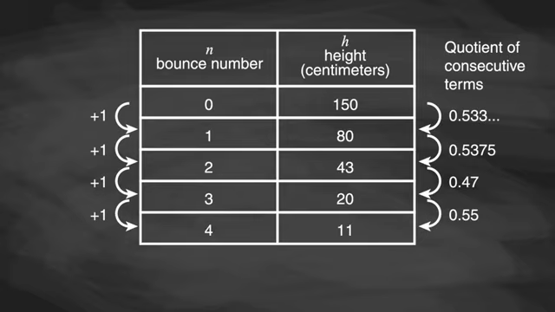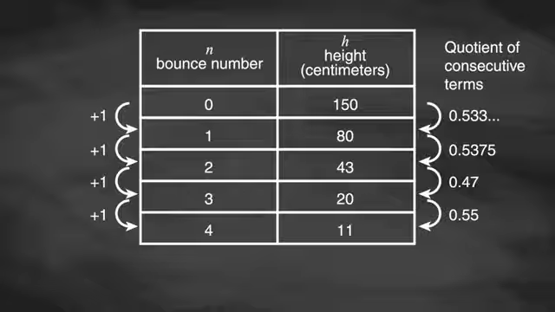Regulations say that a tennis ball dropped on concrete should rebound to a height between 53% and 58% of the height from which it was dropped. Does this tennis ball seem to meet this requirement? Most of the ratios are between 53 and 56%, so it seems reasonable to think that this ball meets the